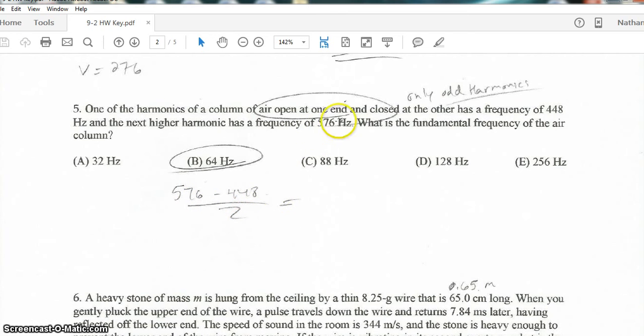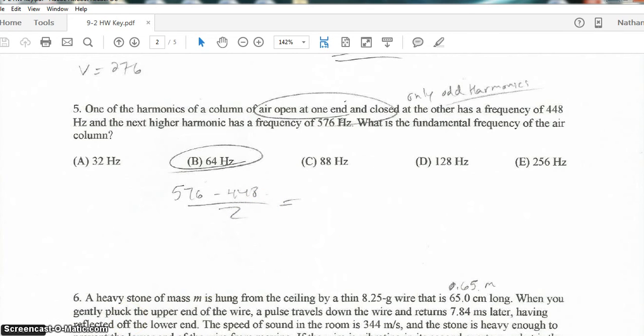Right? So the reason it's not just the difference, the reason it's not just 128, is that we're not looking at a fundamental frequency where all of the harmonics resonate. If this pipe was open at both ends, then it would be 128 for the fundamental frequency. But again, I'm finding the difference and then dividing that by 2, since I'm jumping by 2 harmonics from consecutive